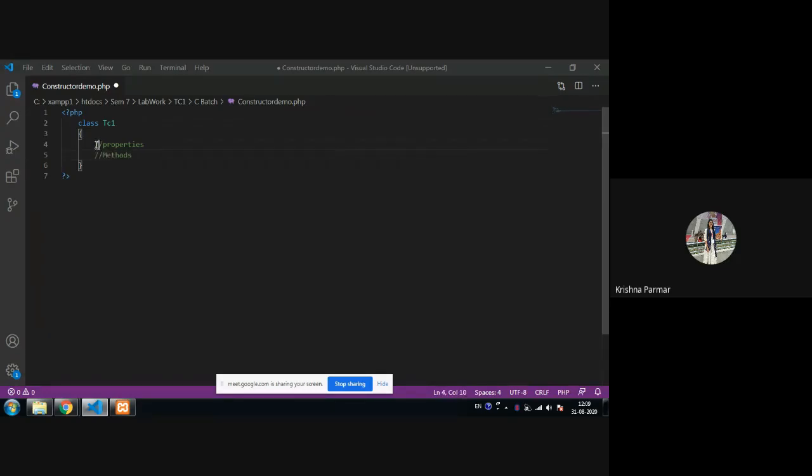Okay. So now what does it mean by properties? Have you learned these things already in your lecture? Do you have any idea regarding what you mean by properties? Okay, be interactive. If you have an idea, then just tell me yes.